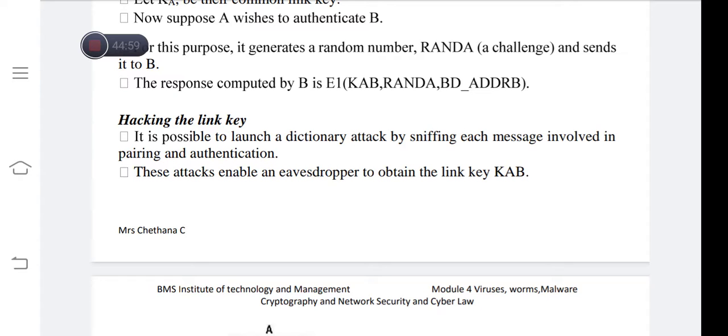So, as we see in a phishing attack, the victim is lured to respond to the pairing request. That is one of the other types of attacks which is possible here. Another thing is that paired devices are sometimes given the status of trusted devices.